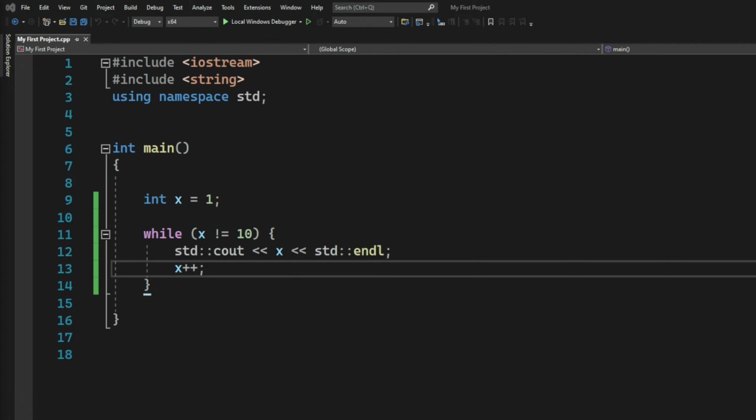Now, in this example that I created, I have an integer variable called x, and I set the variable to be 1. Then I created a while loop, and in the conditions, I specified that the while loop will run as long as x does not equal 10. In order for the while loop to not be an infinite loop, I have stated that the x variable will increase its value by 1 every single time the while loop runs. As a result, the while loop should run for 9 times, and also it will print out the value of the x variable on the console. When we run the program,